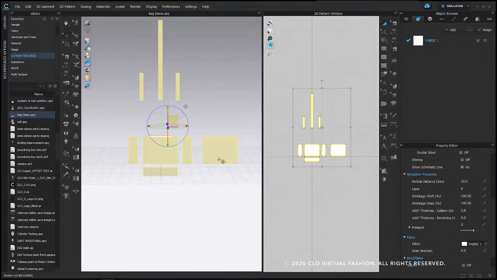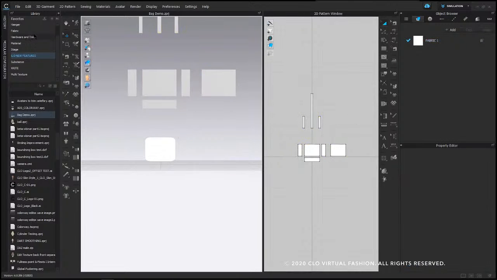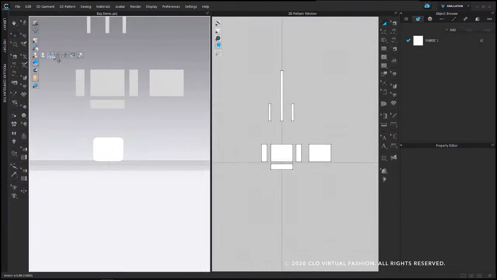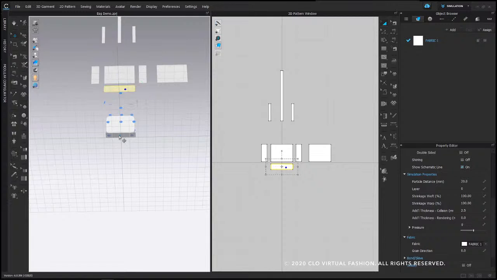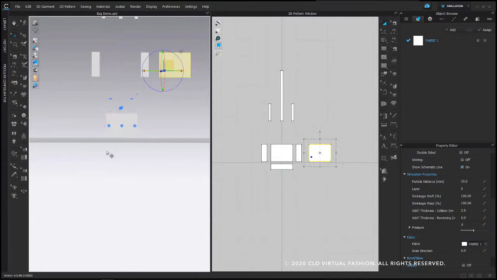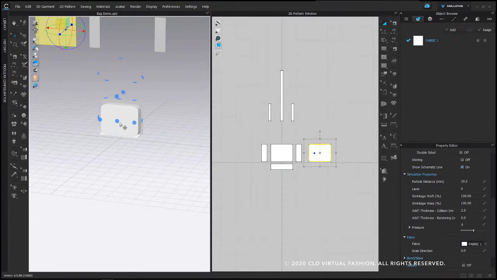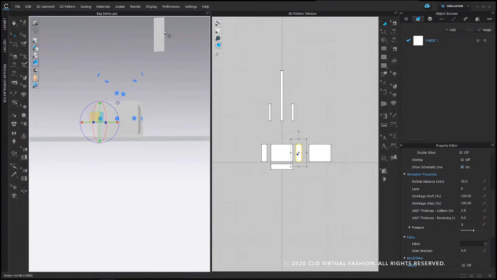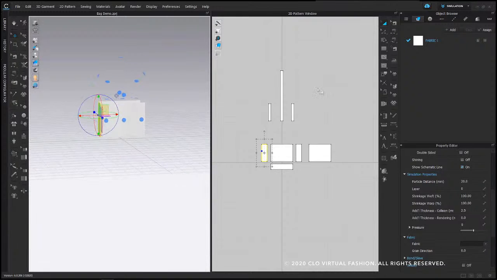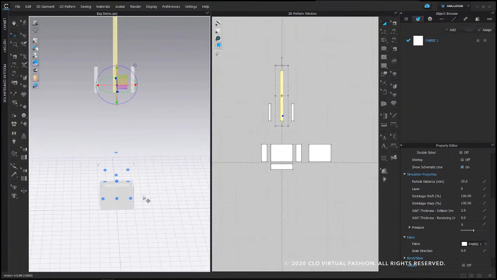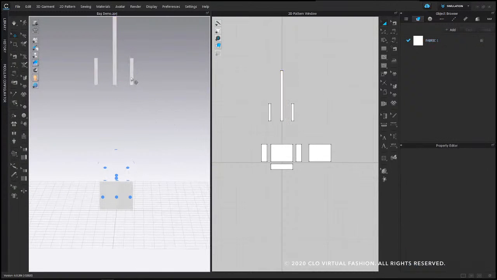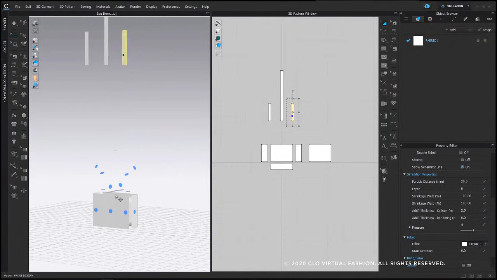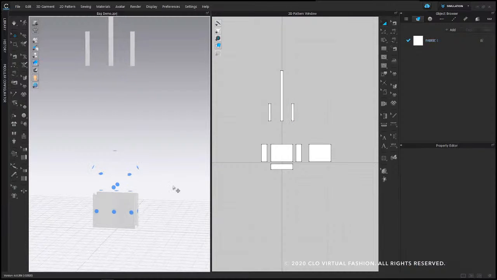I'm going to open a file that has a pattern already placed into it. So I'm going to turn my arrangement points on and quickly arrange these pieces around the main 3D shape. So I have the main body arranged, and now I'm going to go through the straps. So I have a strap that's going to act as a very long strap that I want to go across and connect to the sides, and then I have these little straps that I want to go from the front